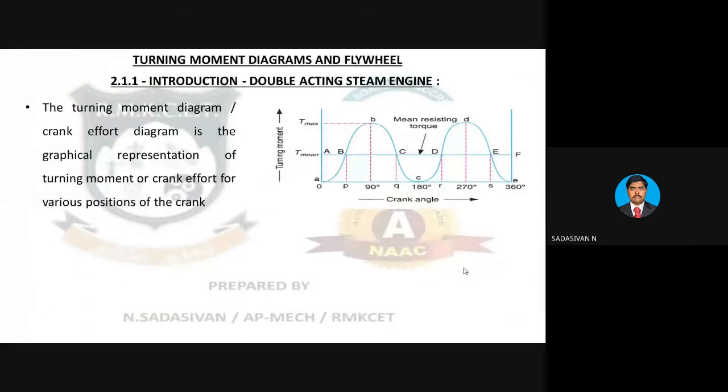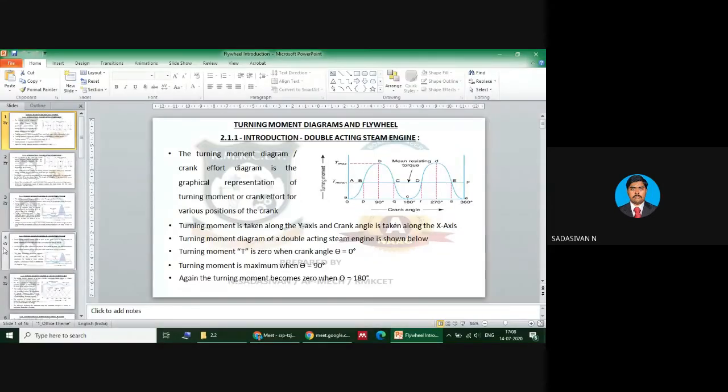So you take this graph, the mean torque line, you get this rectangle, right? Area under the curve up to the mean torque line. If you find out this area of the rectangle, length into breadth, that is nothing but work done per cycle. What is the minimum required work to keep the engine moving? It is the assured minimum work per cycle. Whatever is available above that is excess. So that is your work done per cycle. I think you understand. Area under the curve with the mean torque line considered. Okay. Now we come back here.